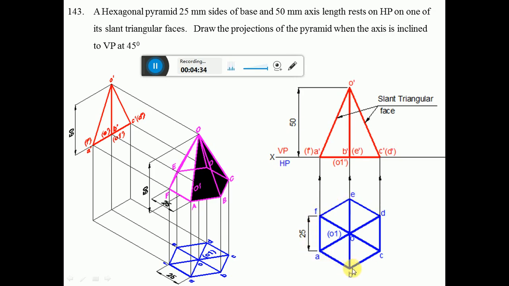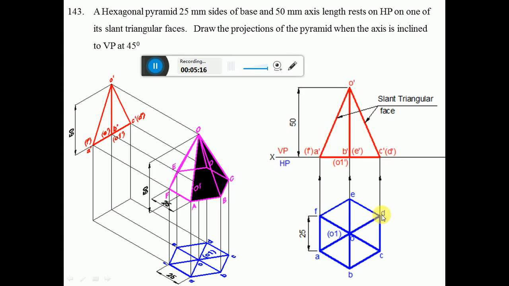Once you draw the circle, the vertical line will cut the circle at the point B and also at the point E. So you name them B and E. Then with B as center, take a radius of 25 using the compass, and cut an arc on the left side and the right side of the circle, so that you get the points A and C. Then using the same radius with point E as center, cut an arc on the left side and the right side to get the points F and D respectively.